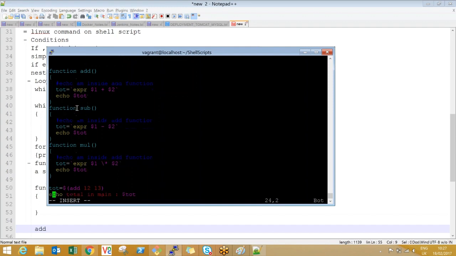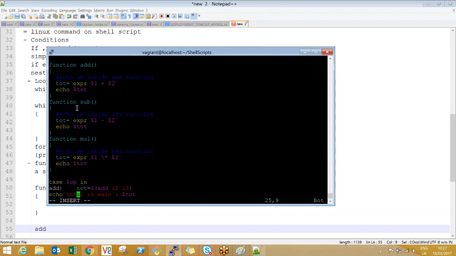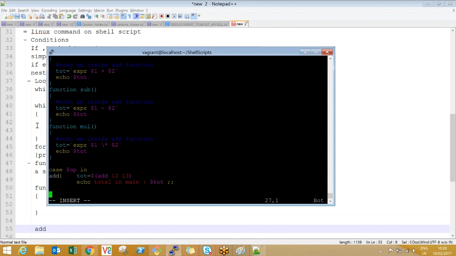Now what I will do, instead of calling like this, case $op in, if it is an add case, I'll call the add function, then I'll just print the total, break, right? So similarly,